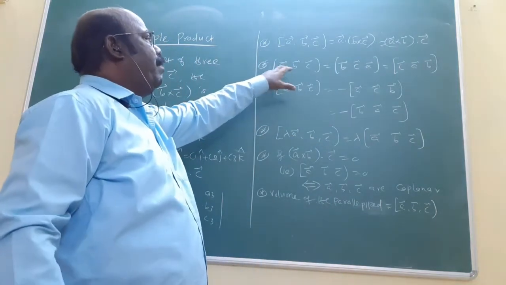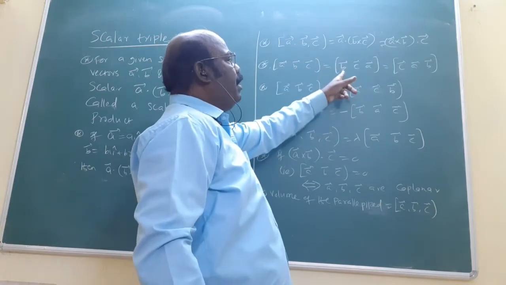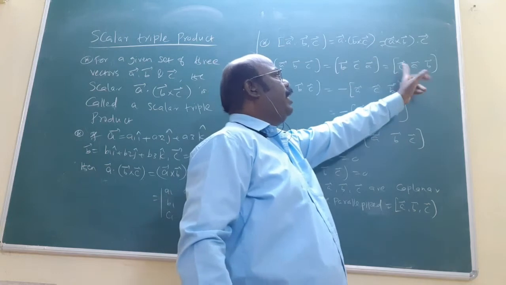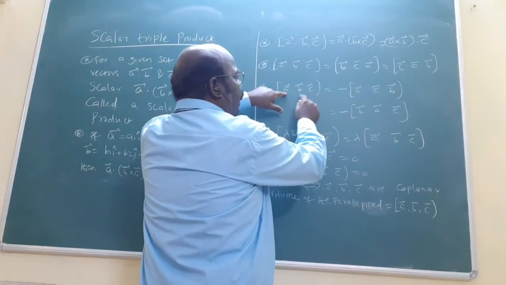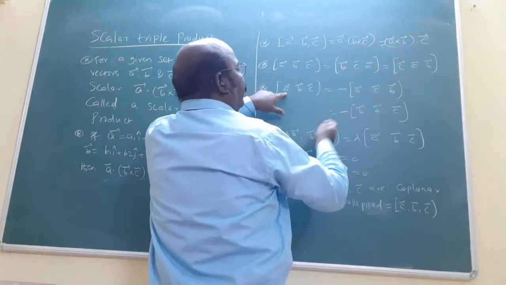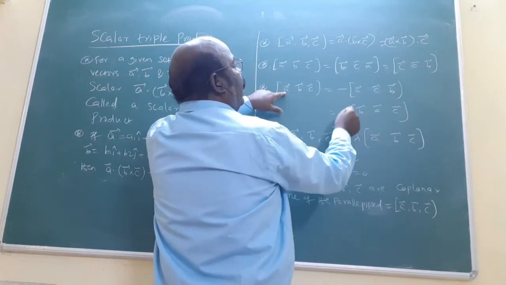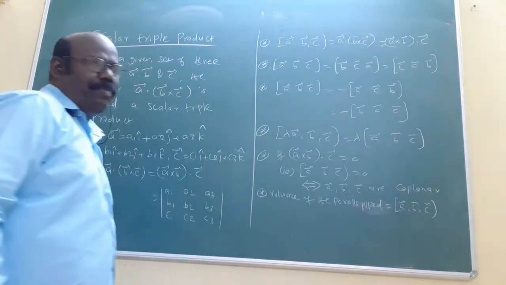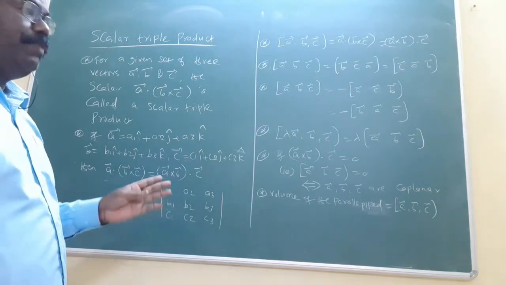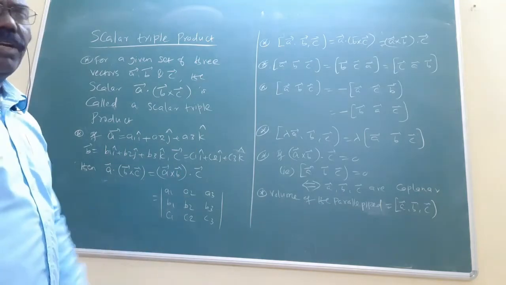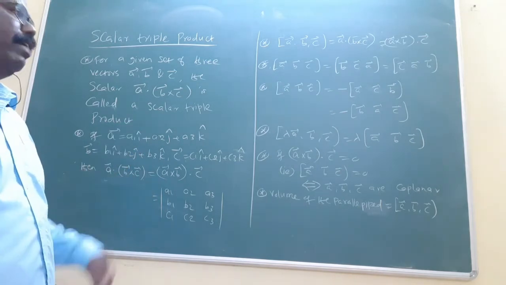Now, the box product of A, B, C can be written in order as ABC, next BCA, starting with B, and next CAB, starting with C. All are equal. But in ABC, if A is fixed and you interchange B and C, that gives a negative. Likewise, if C is fixed and only A and B change, automatically a minus comes. Write in order ABC: starting with A means ABC, B means BCA, C means CAB. That's equal. If one element is fixed and two elements are interchanged, the sign automatically changes.